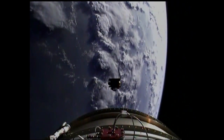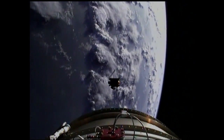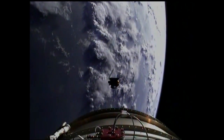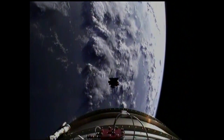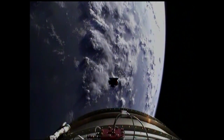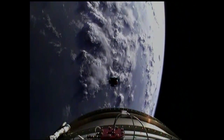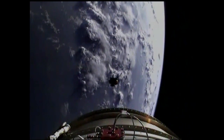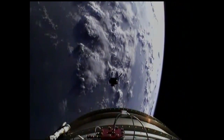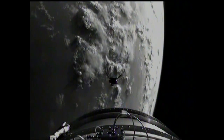The video quality here is actually quite exceptional. And there you can see the first panel starting to deploy. By all indications, this is one of the cleanest, most visible deployments we were able to see. The camera, by the way, is on the upper stage of the vehicle. The United Launch Alliance folks had arranged to let the upper stage wait for about 150 seconds while pointing at us so we'd have an opportunity to capture the array deployment. And we were not sure we'd be able to see the entire deployment in the video, but we were able